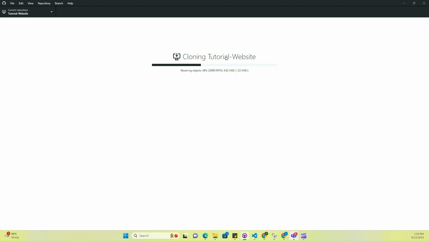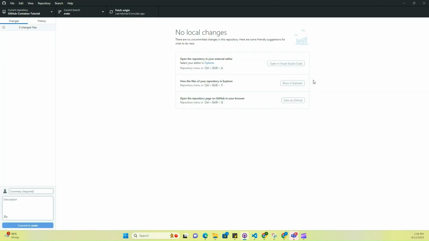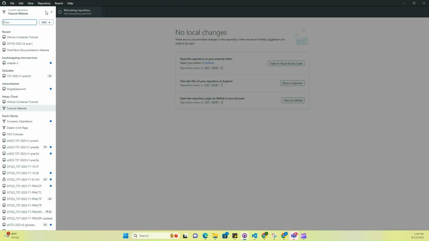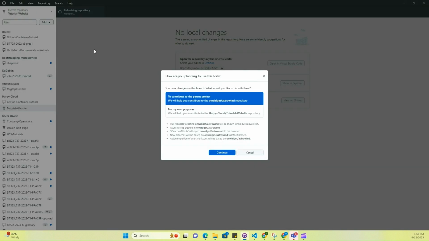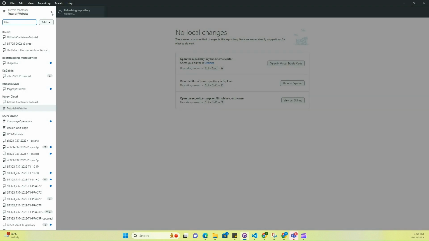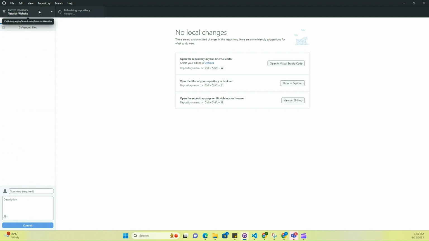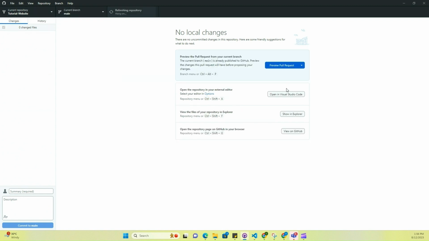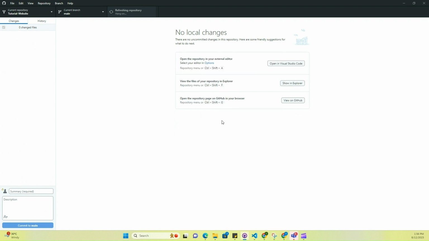As you can see here, it is cloning the tutorial website. So we're just going to wait for it to be done cloning. And when it is done cloning, the next thing we'll do is open it with Visual Studio Code. All right. So we have that cloned. Now let's go back here. It's on the tutorial website. So you click here, open Visual Studio Code. I'll open this up,